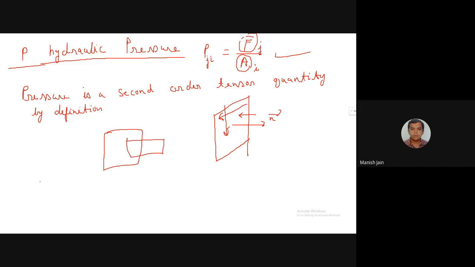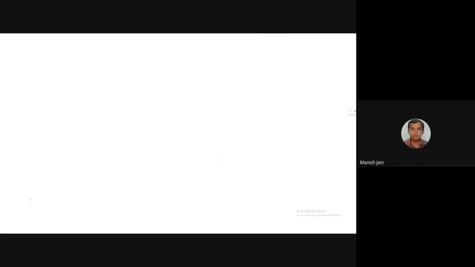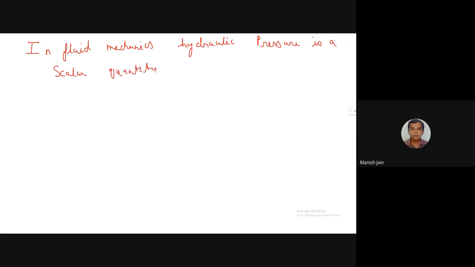So hydraulic pressure, hydraulic means fluid pressure, right? So hydraulic pressure is a scalar quantity. Why am I telling you? Okay. In fluid mechanics, hydraulic pressure is a scalar quantity. Okay, why is it a scalar quantity? Because